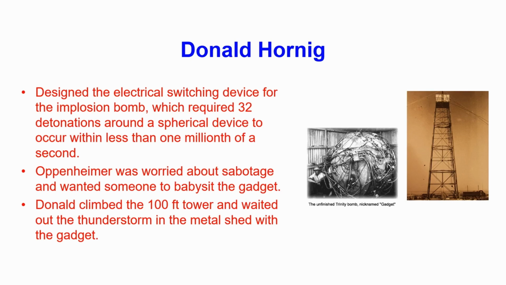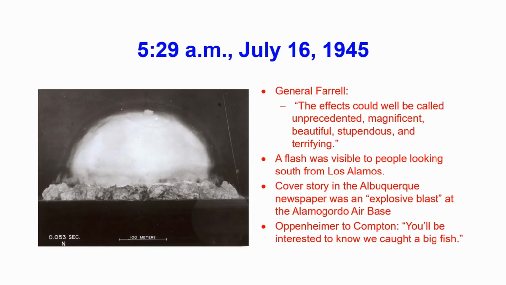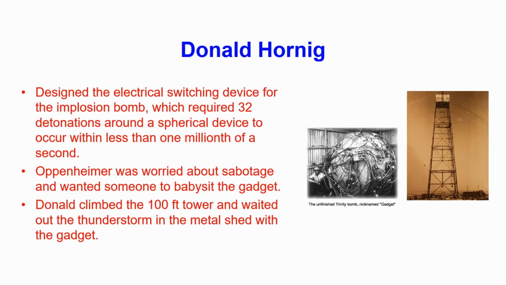He designed the electrical switching device for the implosion bomb, and it required 32 detonations around a spherical device that would occur in less than one millionth of a second. And we didn't have computers then, by the way. Think of those things. And you can see Donald sitting there